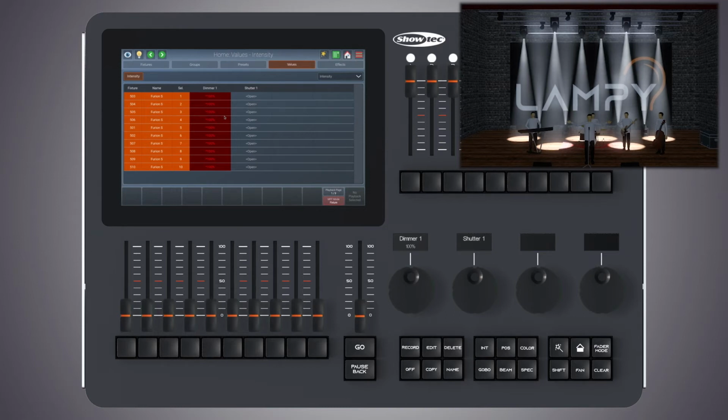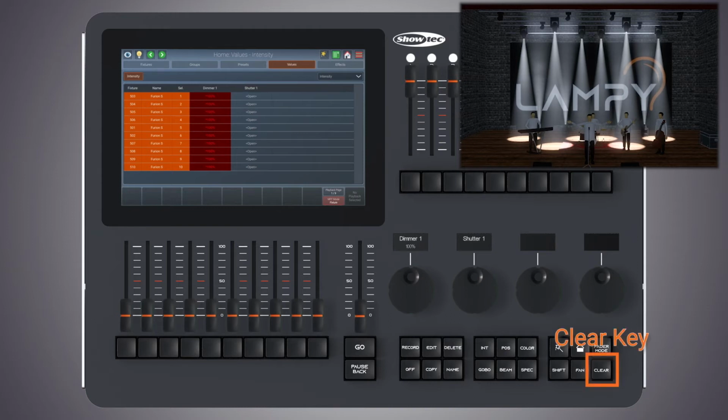As soon as the values are touched like they are right now, they can be recorded. You can directly record them into playbacks, scenes, executors, or just as presets for later use. Whenever there are values in the programmer, as it takes precedence over playbacks, the programmer needs to be cleared in order to allow these playbacks to come through again.